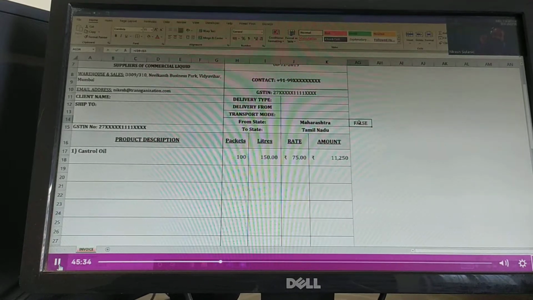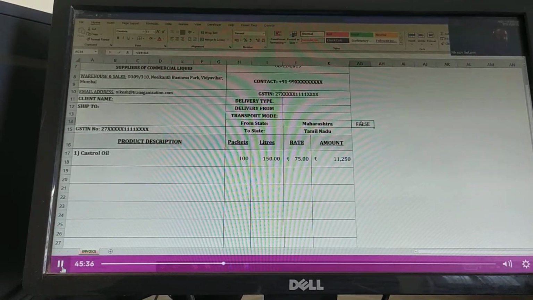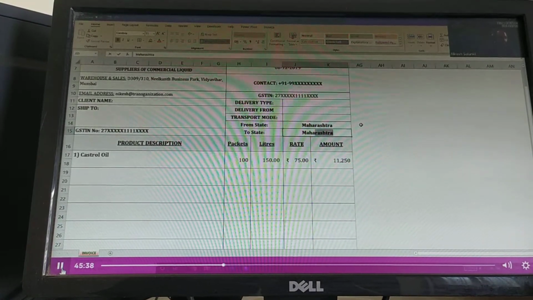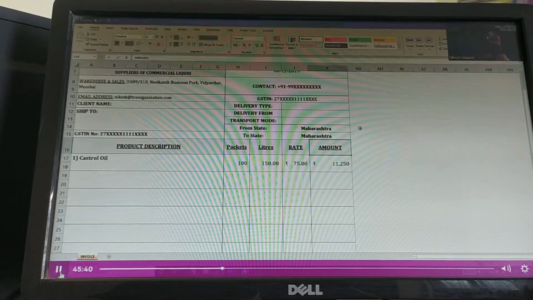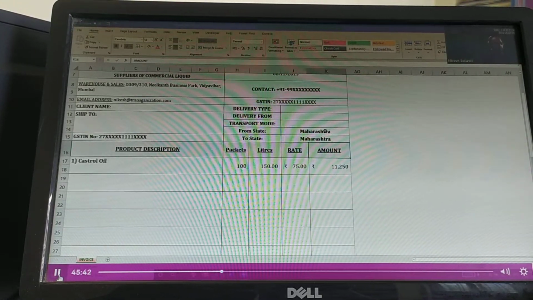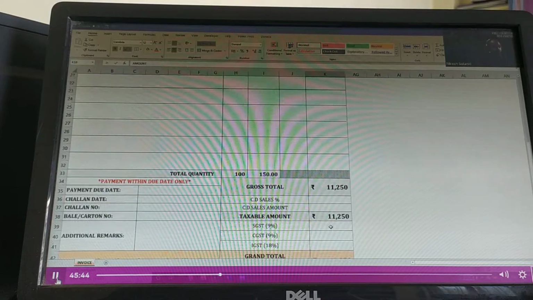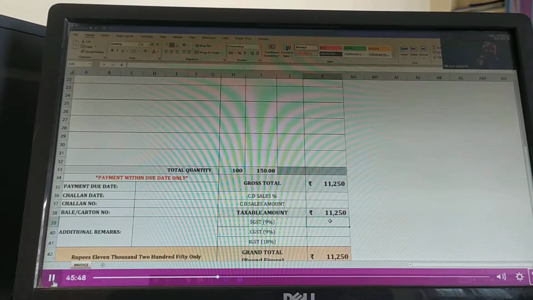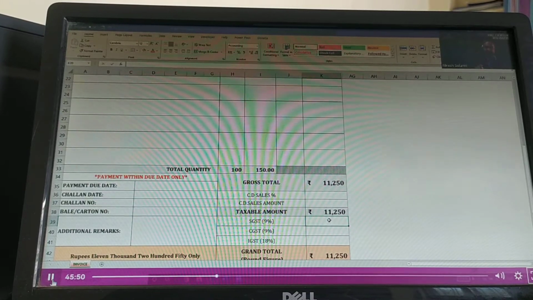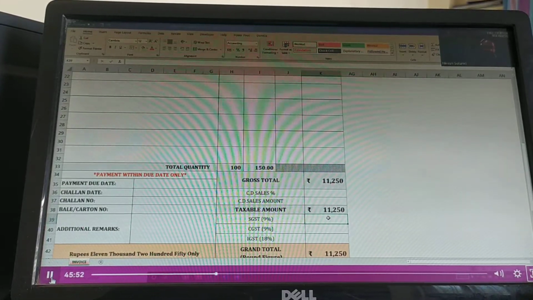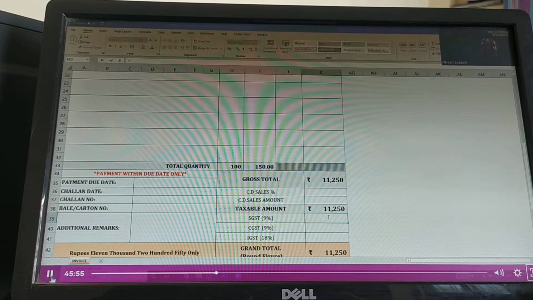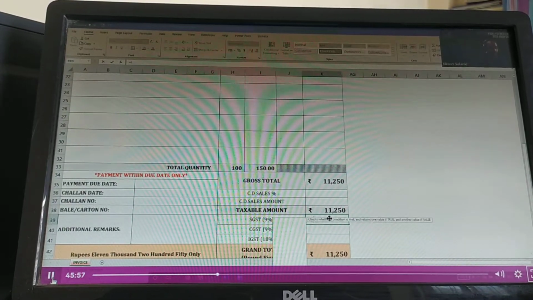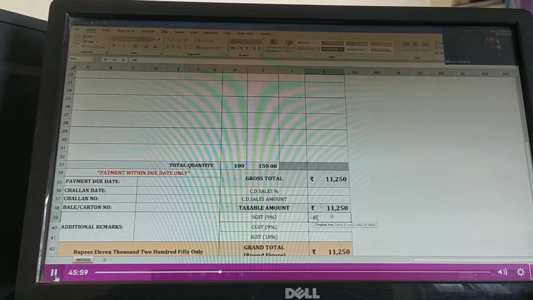Now let's put this condition inside the formula, right? So I'll change this back to Maharashtra to make the case simple, and then we'll complicate it further, right? So here I want an if formula that if both the states are same, right? Please apply 9% or else put 0. That's the whole case. So I'm going to put a simple if formula is equal to if, open bracket, and